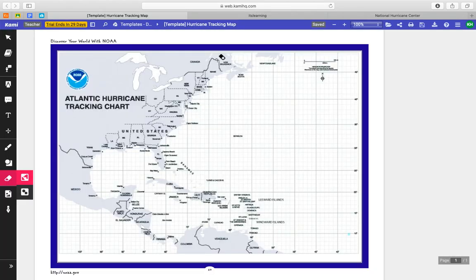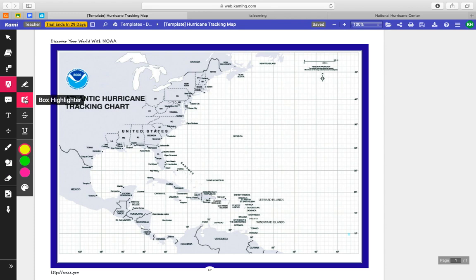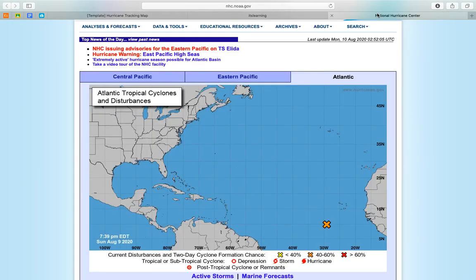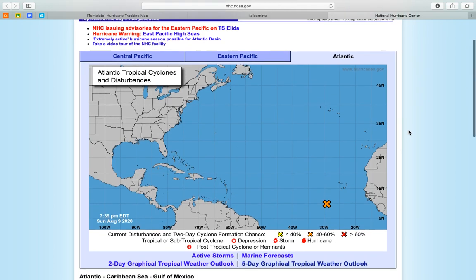But here's the tool that we're going to use to plot and track the hurricanes that we see during hurricane season. You're going to use this tool, the markup tool, and the box highlighter. And you can pick whatever color you want. I'm going to pick blue. And using this, you'll be able to mark where the hurricanes or tropical storms are at the moment. Okay? So I'm now going to go back to the website that shows us where the storms are